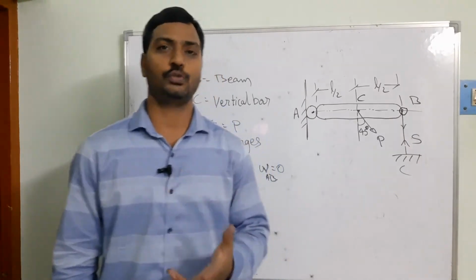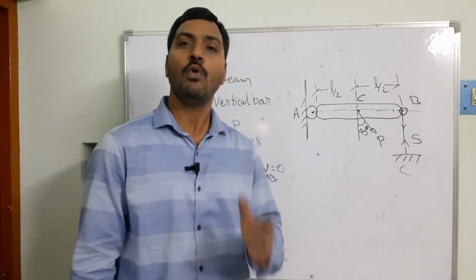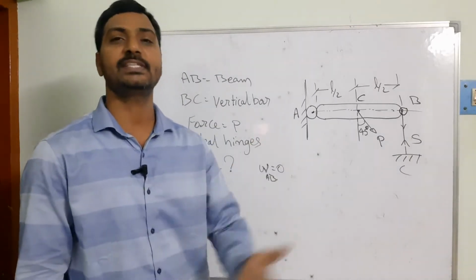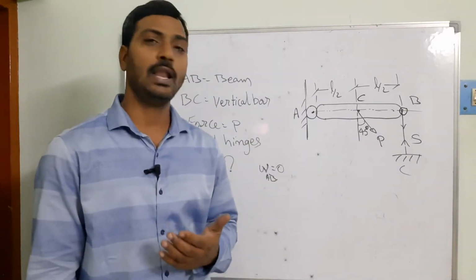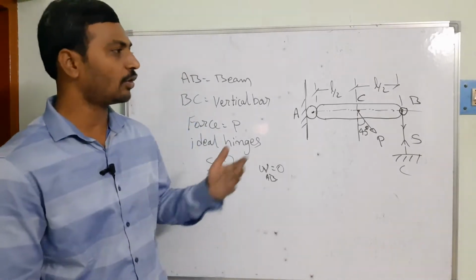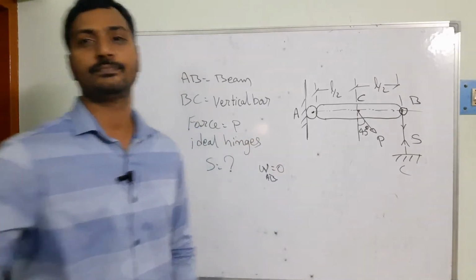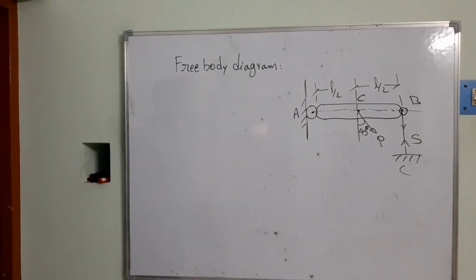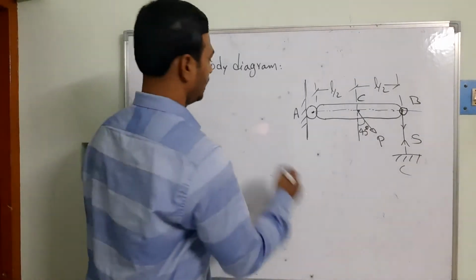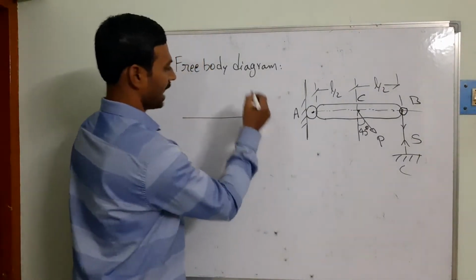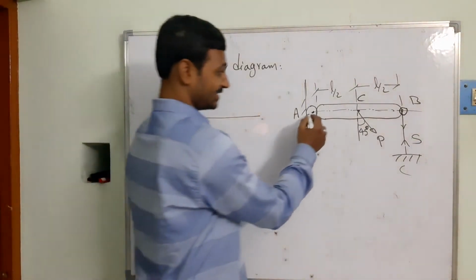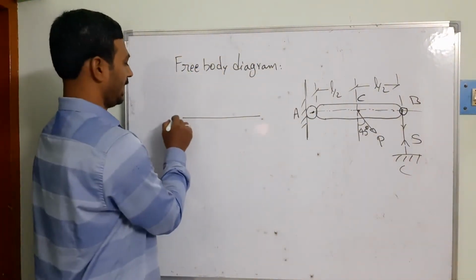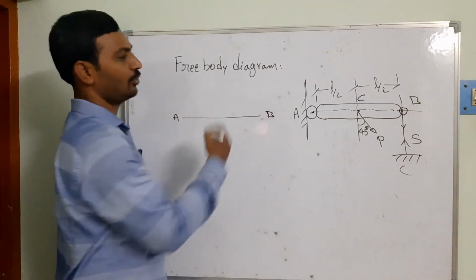So my next step is that I want to remove all the supports and show them with the reaction forces. This is what we are doing from the series of problem solutions and the series of video lectures. Also we are going to be talking about the free body diagram. So there we can see how we are going to draw the free body diagram. First I am going to draw the beam. I am going to assume the axis of this member is representing the beam. So this is going to be your A and this is the point B I am considering.